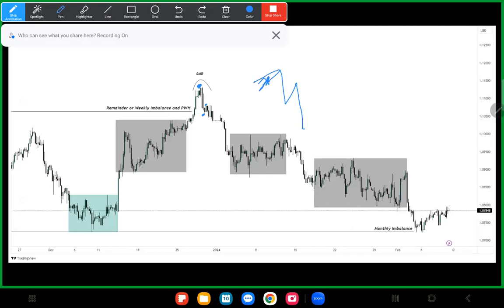And then we take out, whoops, let me draw that in a bit better. All right, so here's that mitigation block over here. We take out that liquidity. We don't necessarily have a breaker here, but we do have that mitigation block. So we have this high probability failure swing. And then notice how the bodies of these candles respect this mitigation block over here, and then price comes lower, right? So we never come back above this level,